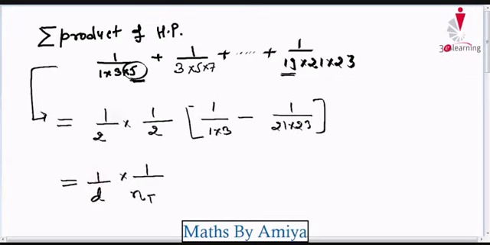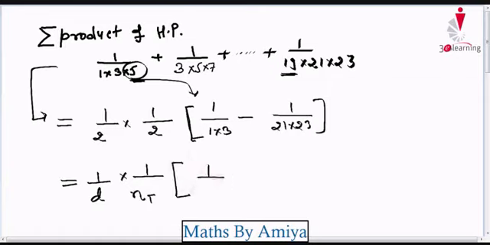I am just repeating, start with a bracket. The best is start with a bracket. In this we are writing something minus something. In a SP this something is always greater than the last term, so we start with the first term but remove the last term of the first term, that is 1 upon 1 into 3 minus last term, but we will remove the first term of the last term, that is 21 and 23, minus 1 upon common difference, 1 upon number of terms in the formula.